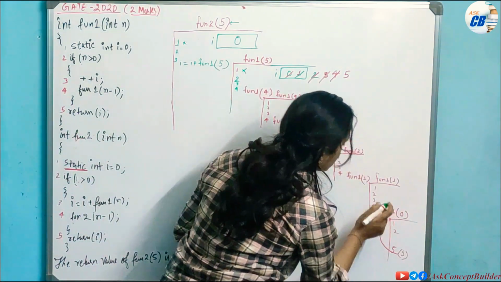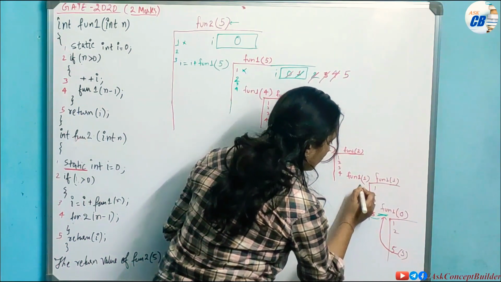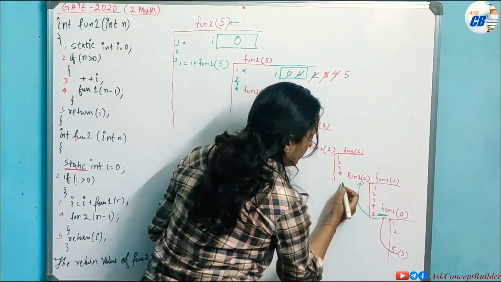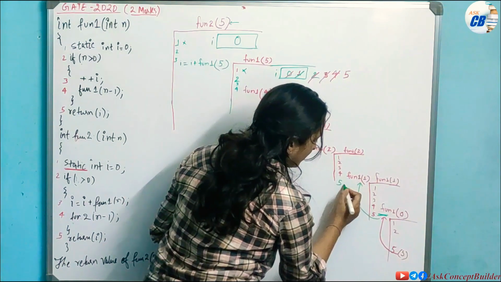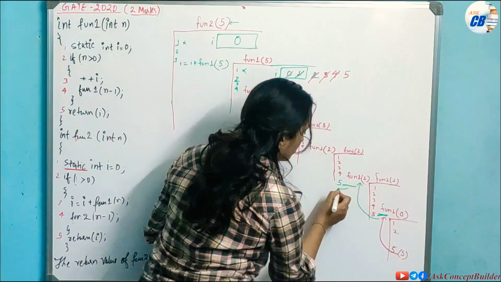Now I value for this is also 5. So return I means return 5. So it will again move back to the point from where it is called. Now for this function also the fifth statement will be executed. So this is also return I, which means I is equal to 5.